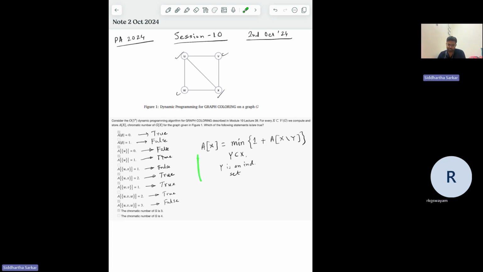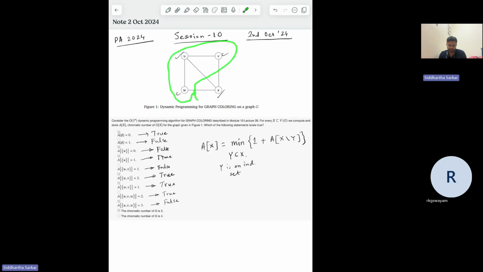In this case, this is an exact algorithm. We are finding the exact chromatic number, and this DP recurrence is going to give it to you. This recurrence will apply on some subset X of V. What is V? V is all the four vertices. In this graph, there are four vertices. If you take X to be three vertices, U, V, and W, we have agreed that the subgraph UVW's chromatic number is 2. So now two colors are sufficient